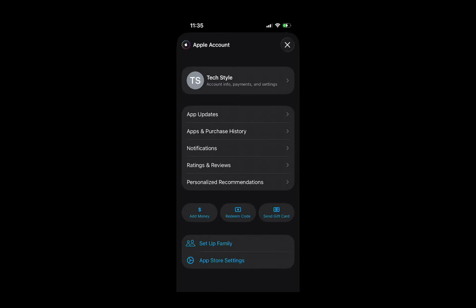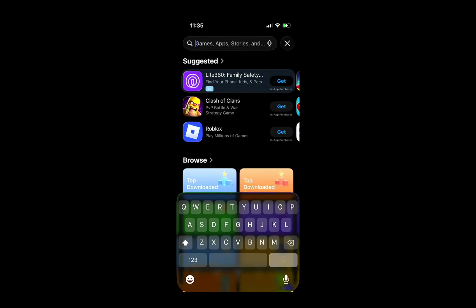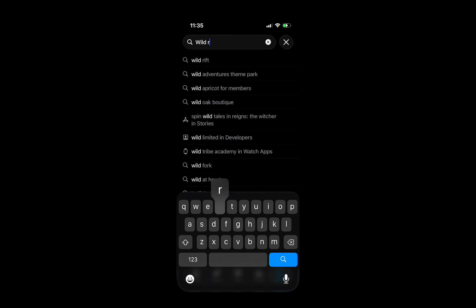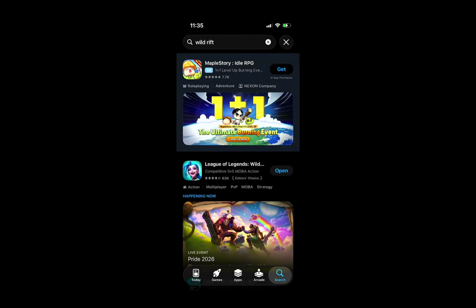There's also another way to find a review if you only want to check feedback for one specific app. Open that app's page in the App Store, then scroll down to the Ratings and Reviews section. If you've already submitted a review for that app, you can locate it there. This method is useful when you remember the app but don't necessarily want to go through your full review history.